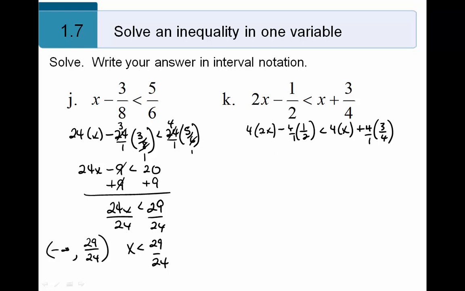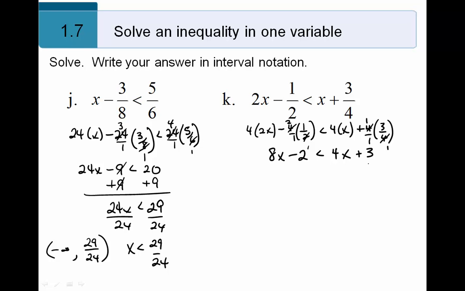Beginning to simplify, positive 4 times 2x is positive 8x. Next we'll cross cancel. 2 goes into 2 one time, into 4 two times. Negative 2 times 1 is negative 2. On the right hand side, positive 4 times x is positive 4x. And cross canceling 4 into itself one time, and again 4 into 4 one time, and 1 times 3 is 3. With the fractions eliminated, we can see that there are no grouping symbols, nor are there any like terms to